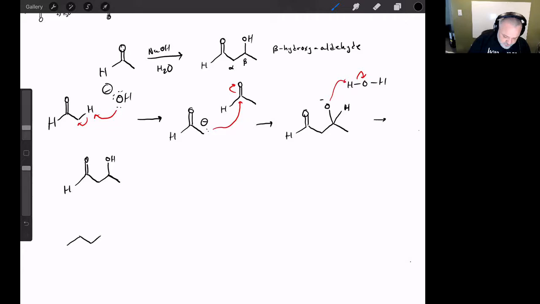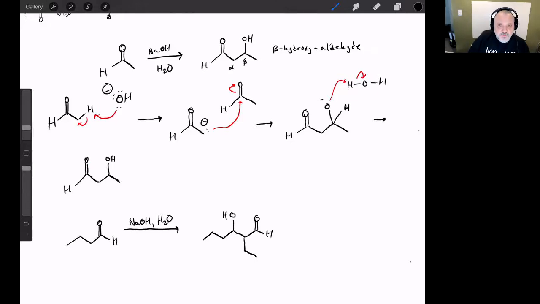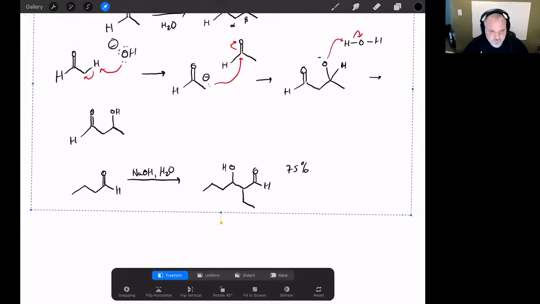If I react butaldehyde in this reaction, then I formed this product in relatively decent yields. But this is an equilibrium, and under other conditions, with other examples,